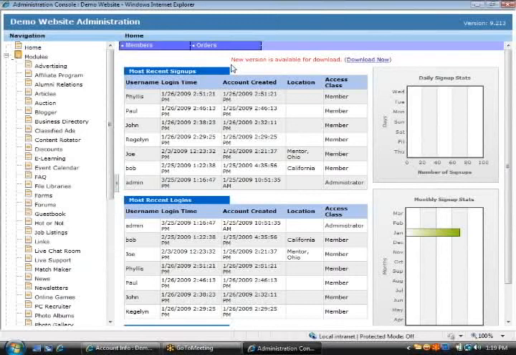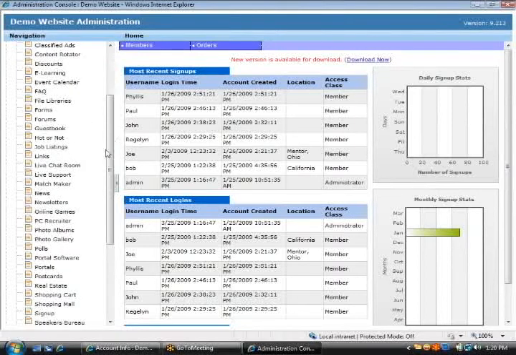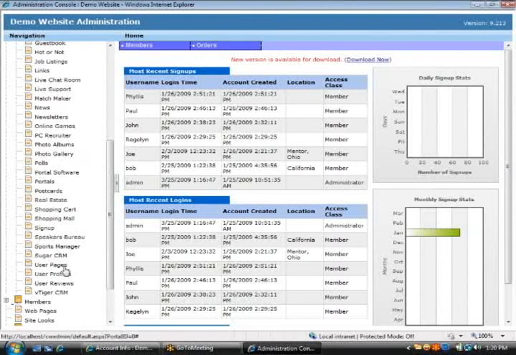What we're going to do today, we're going to start with the shopping mall module, which will allow us to see the different features that the module has and the control that the site administrator has. From the administration standpoint, you can access that module by clicking on the shopping mall from the module listing,